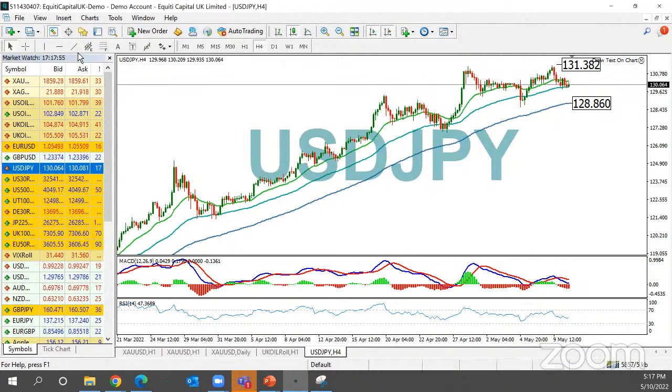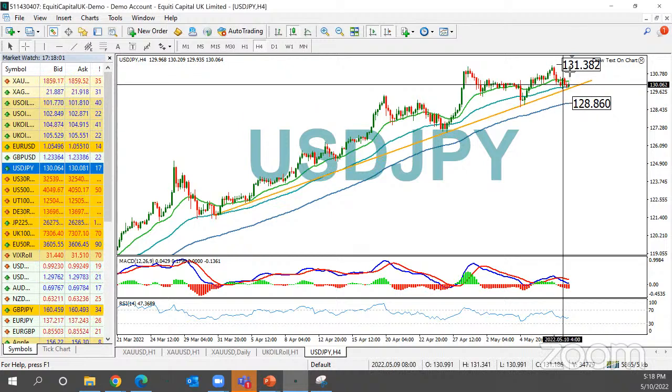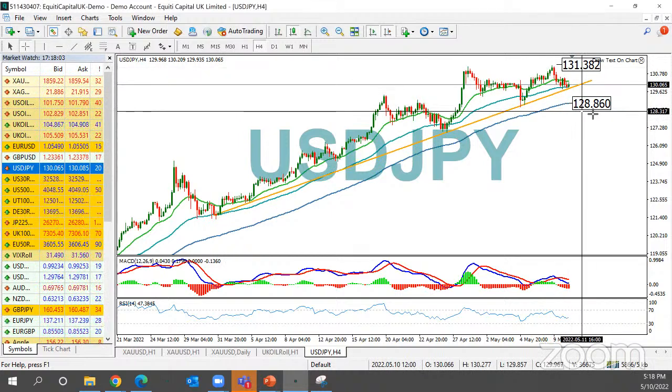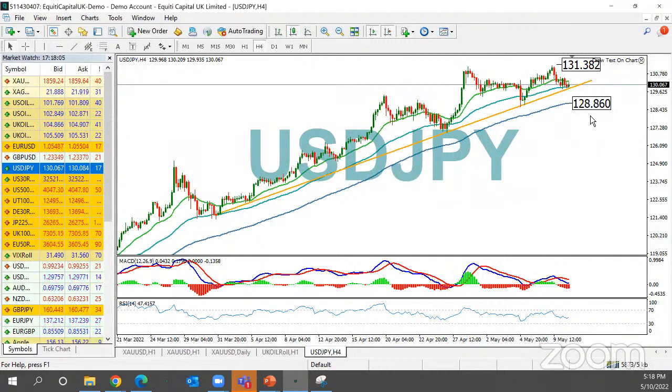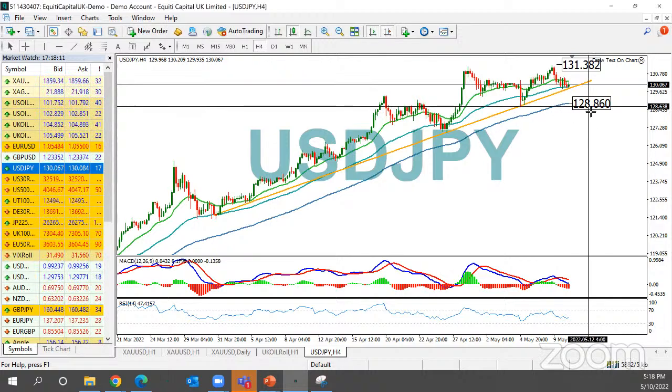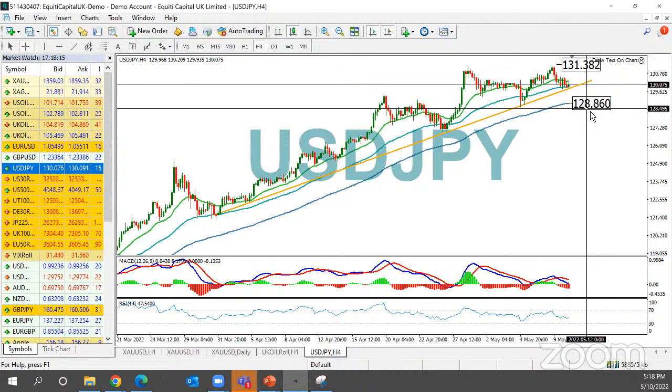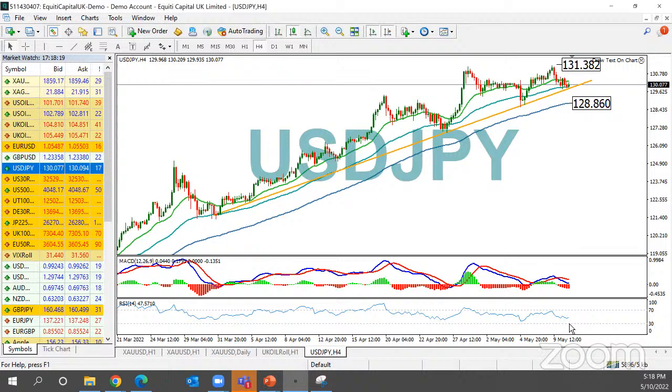This uptrend, you can link it from over here with a trend line. You can see if prices went all the way below the 128.86 or 129 in general, we can say that prices of this pair will start to go down, or at least to range. As long as prices are above this level, that means the bullish side remains,